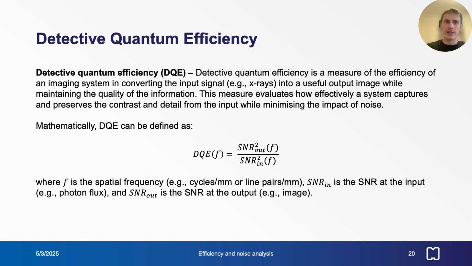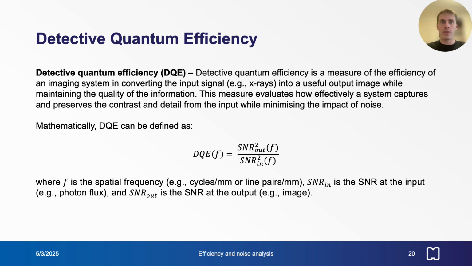Detective quantum efficiency, or DQE, is a measure of the efficiency of an imaging system in converting the input signal, such as X-rays, into a useful output image while maintaining the quality of the information. This measure evaluates how effectively a system captures and preserves the contrast and detail from the input while minimizing the impact of noise, which mathematically DQE is defined as the squared output signal to noise ratio over the squared input